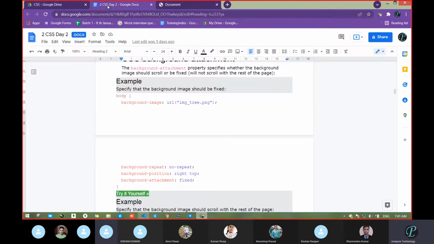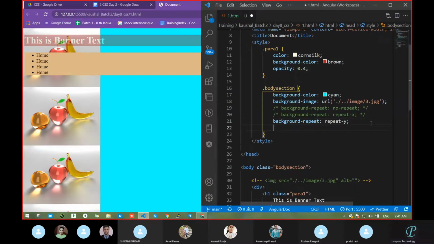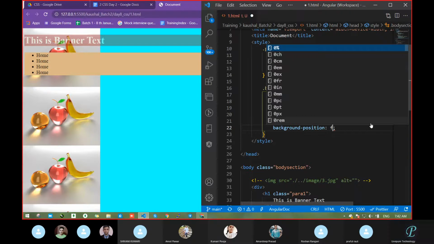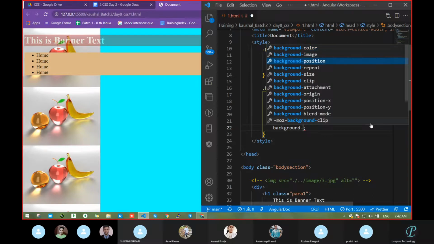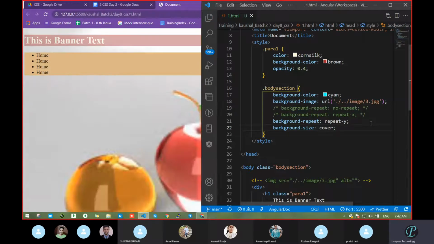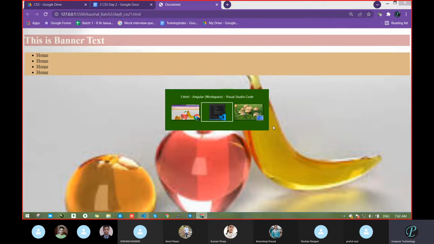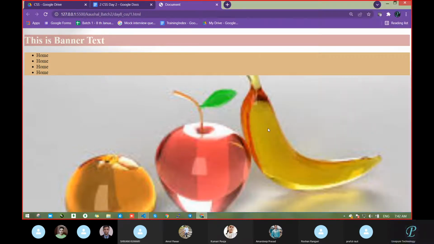Next, sir, what is that? Size. Background size. Auto, cover. Yeah, this one. Cover. Only Praful is studying, after all, the rest are sleeping. So see, with the help of the background size cover property, we can pass that complete